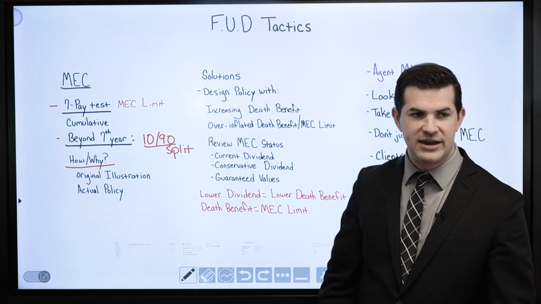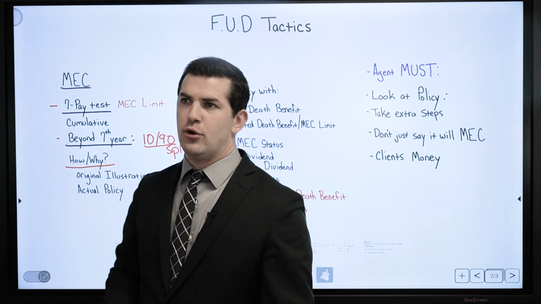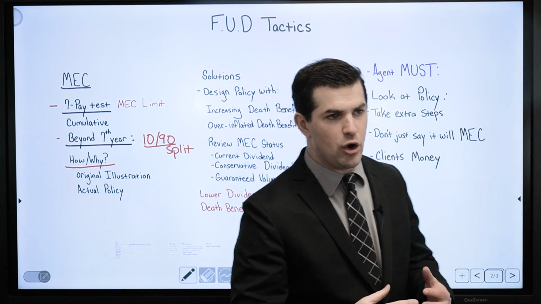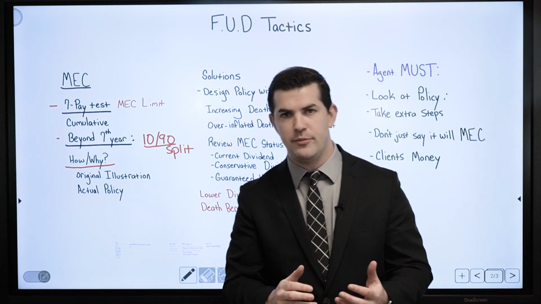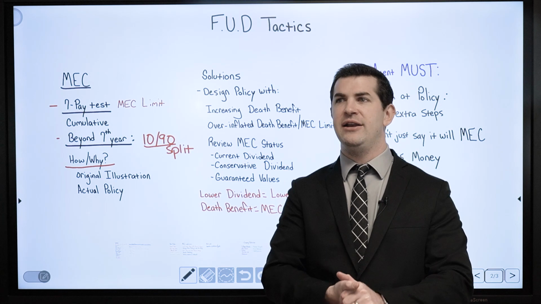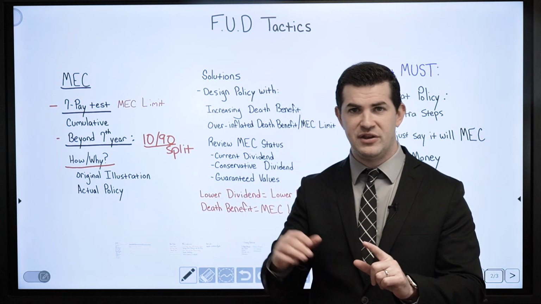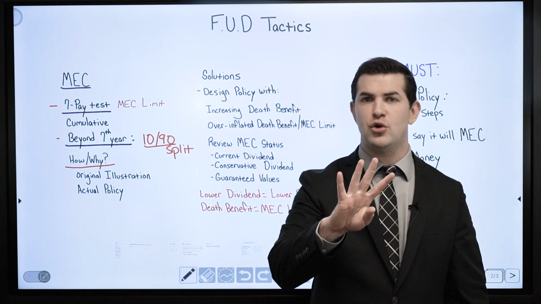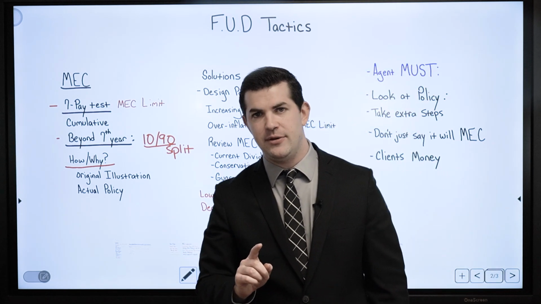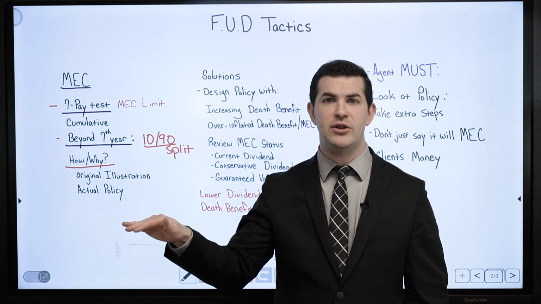Here's what I want to touch on. We've got this up here, original illustration and then actual policy. Several years ago, this is a true story, and it's very important to be aware of this. I spoke with an individual. He had purchased a policy through a smaller life insurance carrier, and the policy was designed with a 40-60 split, something like that. It was 30-70 or 40-60. What that means is if he's paying in $10,000, $4,000 went toward the premium, everything else went toward the PUA component. When he bought the policy, he was told it will not MEC. The illustration stated, you will not run into a MEC.